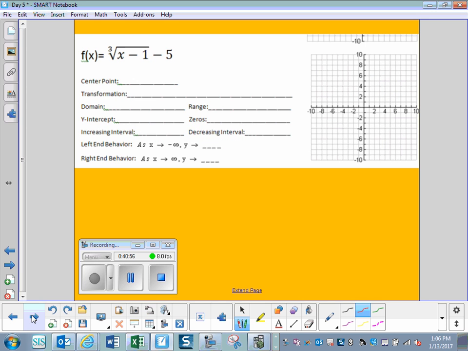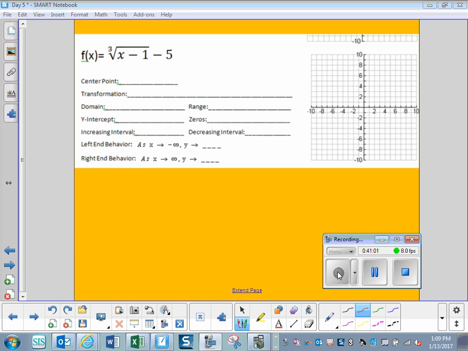Next one. Try on your own. So first, we plug this into our calculator and find our graph. We can just transform it here, or we can do this using the transformations. So from the parent function, which is the cube root of x, what are my transformations? Just from the formula. Right 1, down 5. That's all. So if my parent function looked like this,